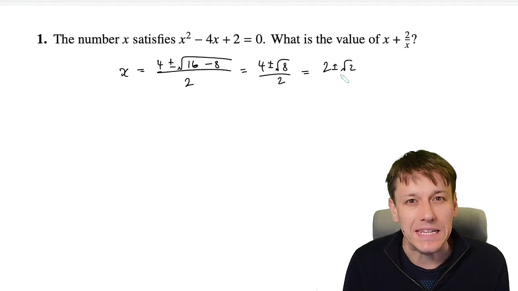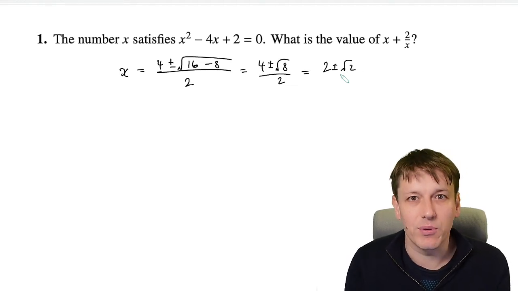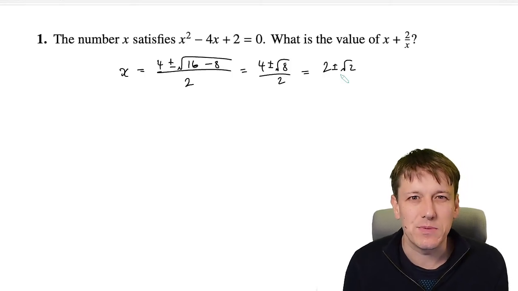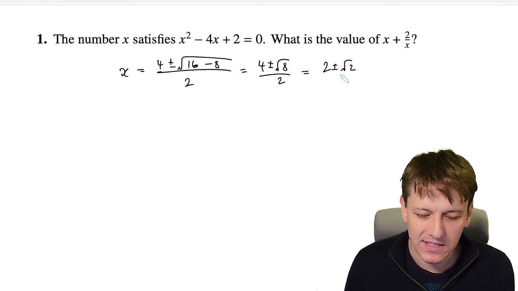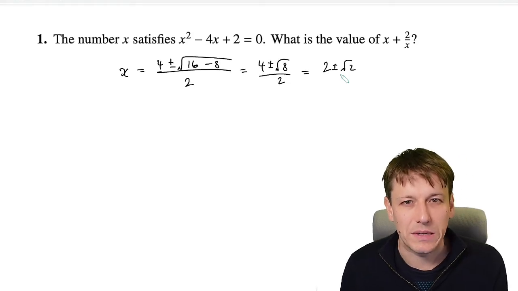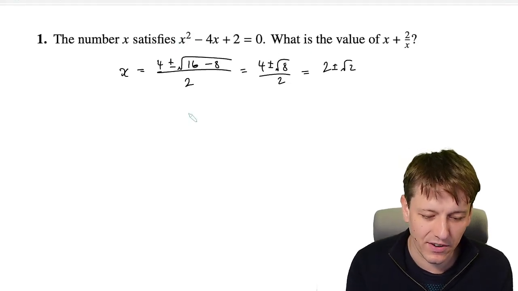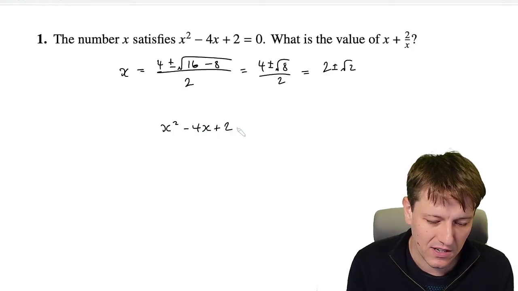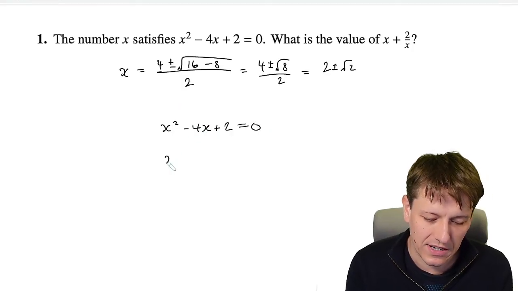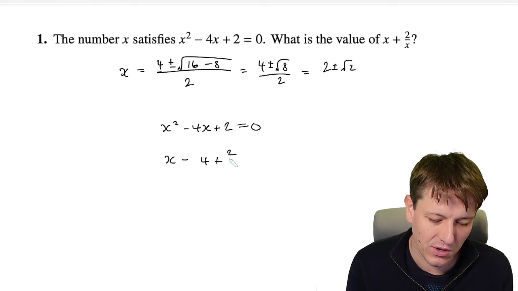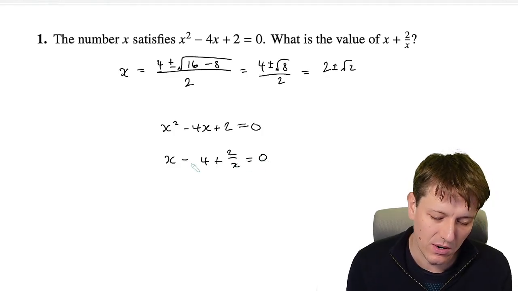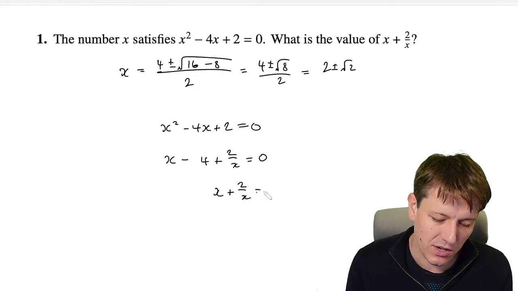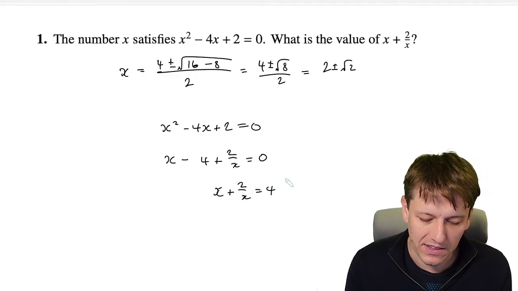But actually there's meant to be an easier way of doing this, and when you've gone through all that, you might think, well hang on, this is question 1 of the Kangaroo, I'm not meant to be spending that much time on it. And in fact, if we ignore all of the usual things we would do with quadratics here and just divide this whole equation by x, I've got x squared minus 4x plus 2 equals 0. Dividing by x gives me x minus 4 plus 2 over x equals 0, and adding 4 to each side just gives me that x plus 2 over x is equal to 4,